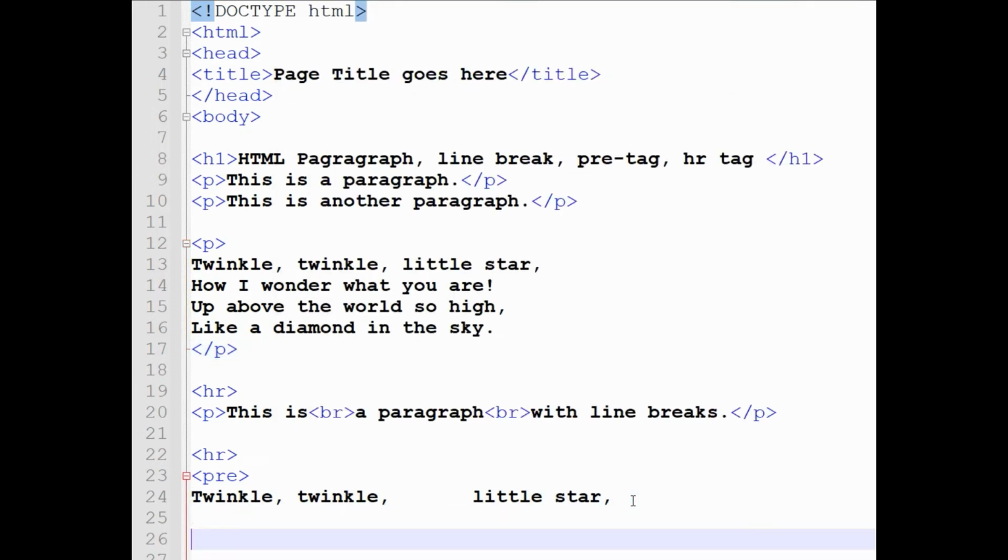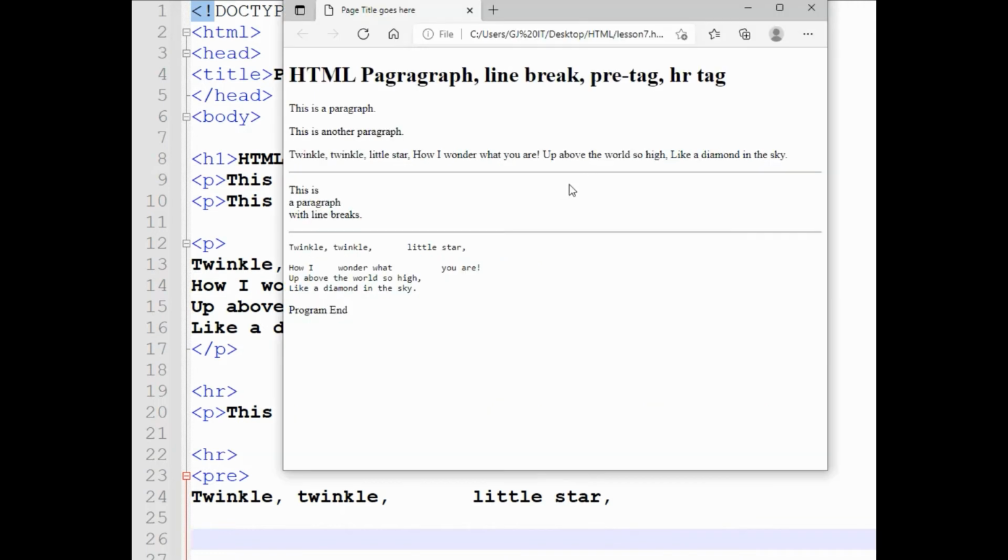For example, if I put two new lines here and save this document and refresh, you can see the two new lines are